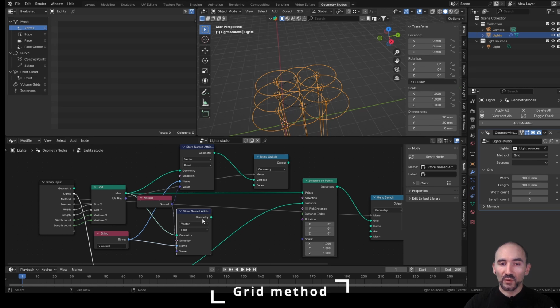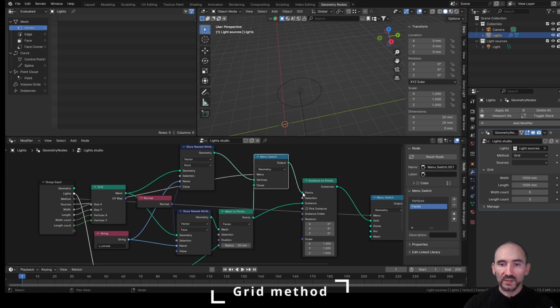And to be able to export the information about the faces of this mesh, we need to drag these into a mesh to points node to export from this node the points of the faces and not the vertices of our input. So don't be confused by this node that is indicating face here. This node only saves the information about the normal of the faces of the mesh, but from this output here we have points, or vertices in this case, because we have a mesh. So now we can drag these points into these faces